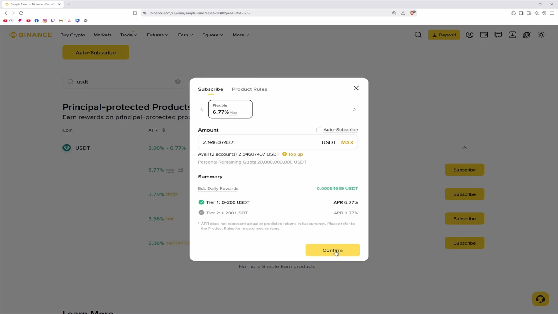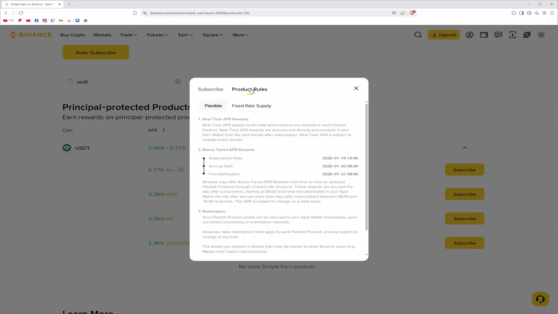That is it. That is how you join the Binance Launchpool. You have the product rules here that you can go ahead and read. And the benefit from here is that you can get new tokens before they hit the market. Also, you can withdraw your staked assets, like for example BNB, FDUSD, or just like here, USDT, anytime with no